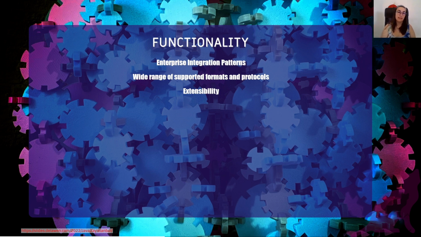Then it's important that it has extensibility. Why? Because in the rare case that whatever you need is not already supported by your integration framework, you need to be able to add a plugin, extension, module, call it whatever you want, to add this type of protocol or data format so your integration framework understands it and is able to interact with it. If you're not able to extend the integration framework, you may have issues in the future. For example,